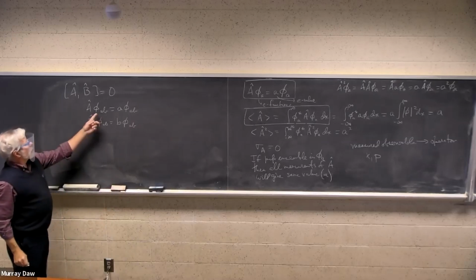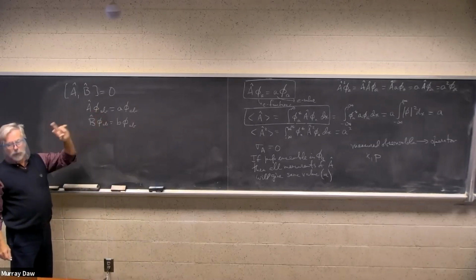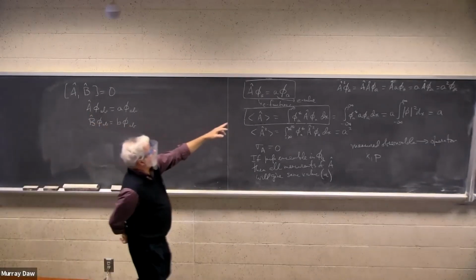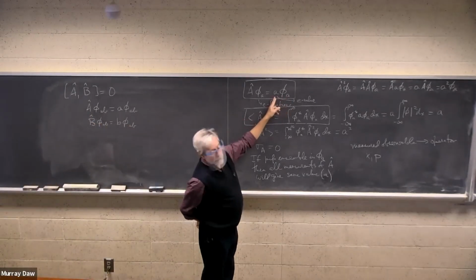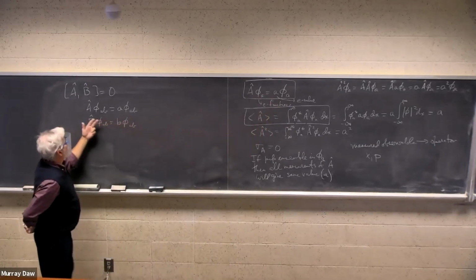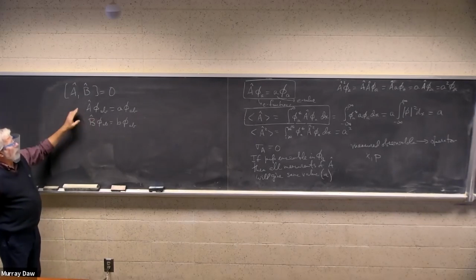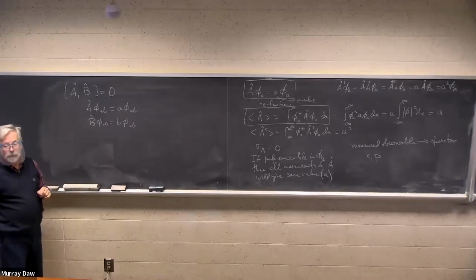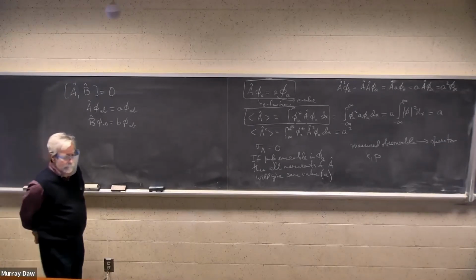We index the states according to both eigenvalues. When we have two operators, we can form a set of states which are eigenfunctions of both at the same time. Yes. So does a commutator say that this function